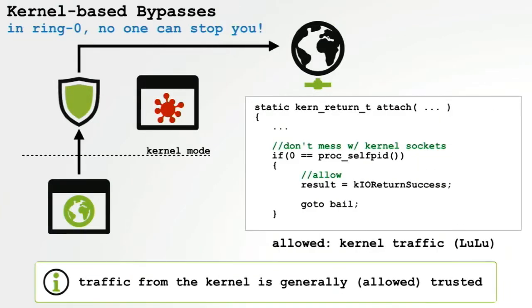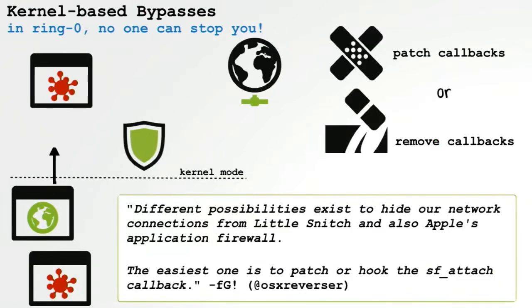Now, the final way to bypass firewalls involves getting malicious code running in the kernel. In short, if an attacker can get code running in ring 0, it's really game over from the firewall's point of view. First, most firewalls actually generically allow any traffic that originates from the kernel anyways. So you can just generate an outgoing network request. The firewall will see it, but again, since it's coming from the context of the kernel, it will be allowed. You could also do something